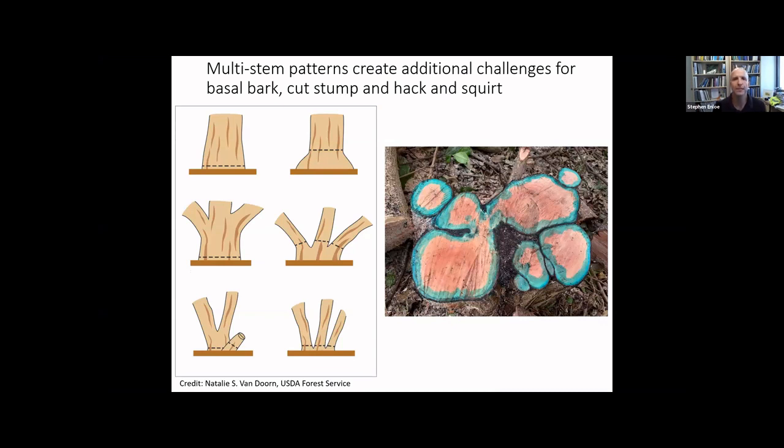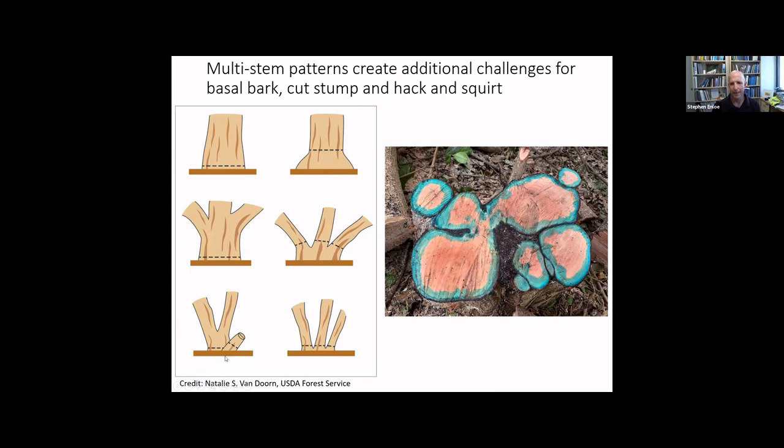Another thing we run into is that multi-stem patterns create additional challenges. Here you can see 6 different stem patterns that are exceedingly common among our woody species. I'm not going to name all these, but you can see everything from single-stemmed, swollen root collars, branching several inches above the ground line, branching just above the ground line, branching at ground line in multiple fashions with lots of